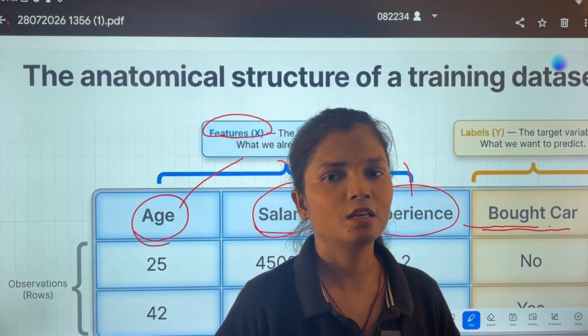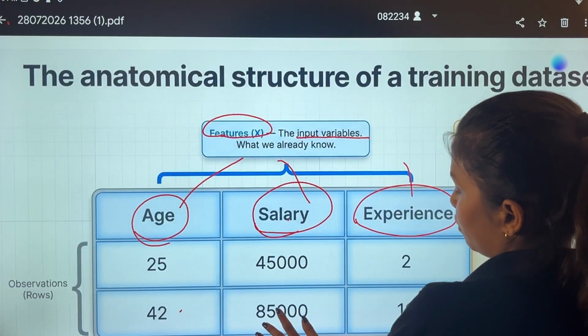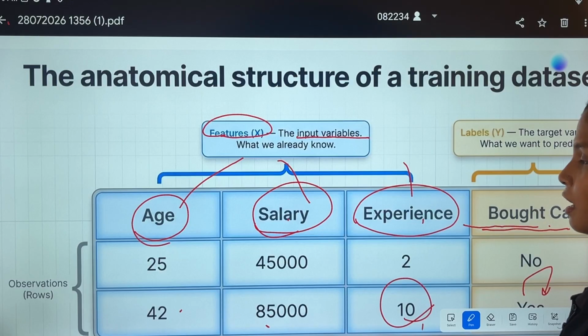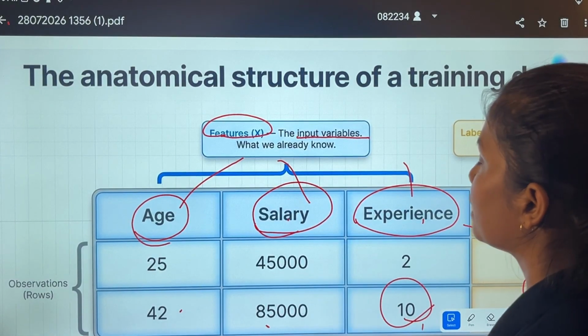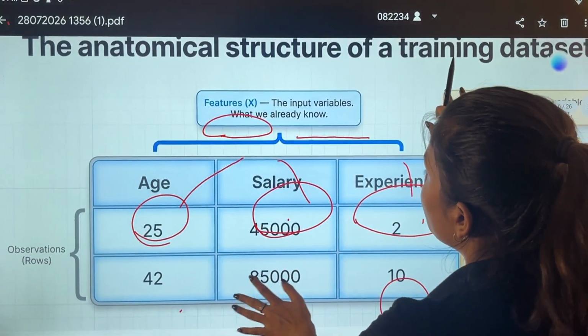If that person is 42 years old and has a salary of 85,000 with an experience of 10 years, will they buy a car or not? So based on the data, based on the features, based on the input variables, what do